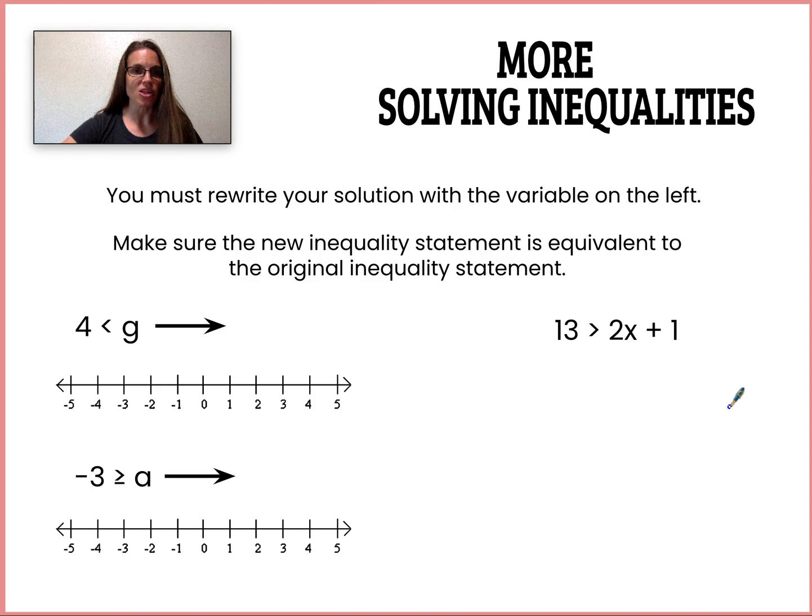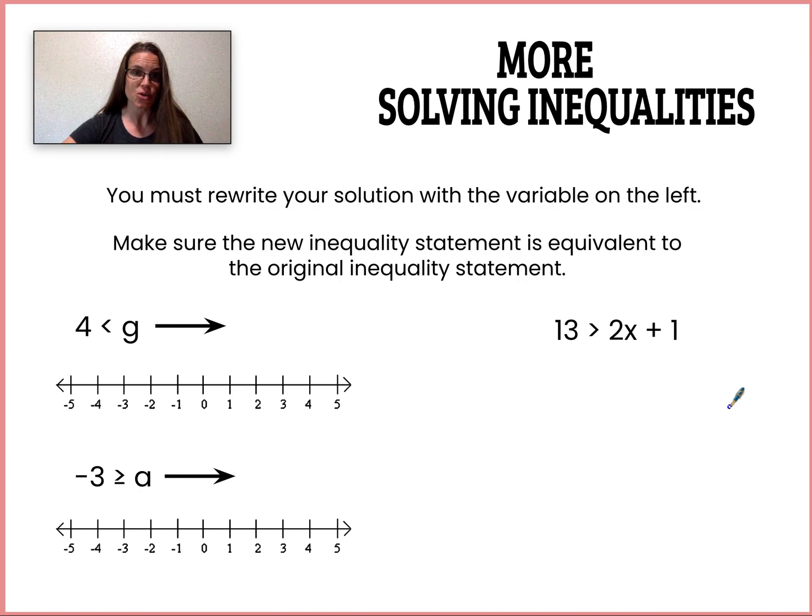When solving inequalities, your final solution must have the variable on the left. If, after using inverse operations, the variable is on the right, you need to rewrite your inequality statement so that the variable is on the left. When you do this, you need to be really careful to make sure that your new inequality statement is equivalent